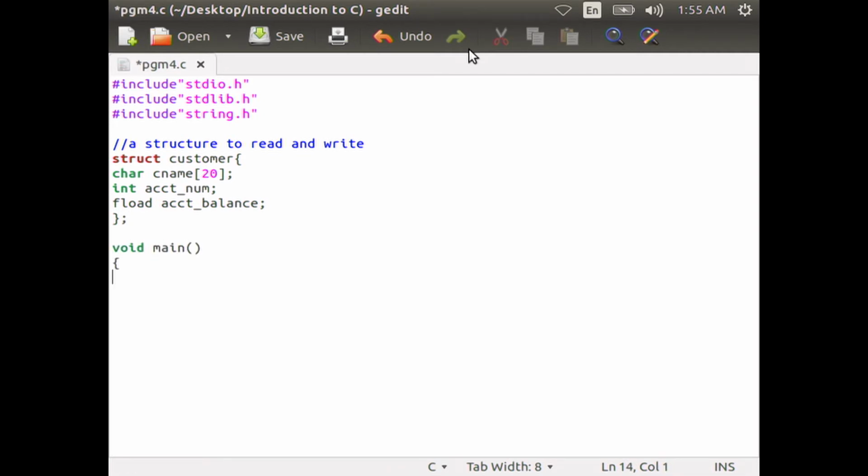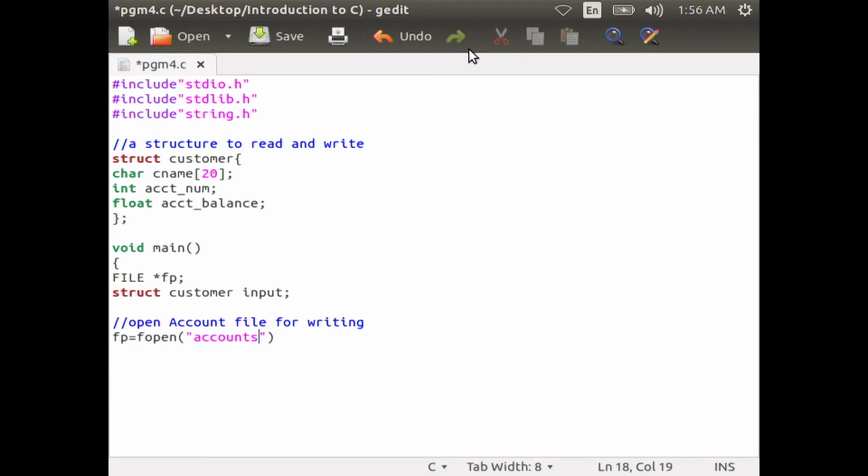Now, start the main function: int main() { FILE *fp; struct customer input; fp = fopen("accounts.dat", "w"); and then if (fp == NULL) {